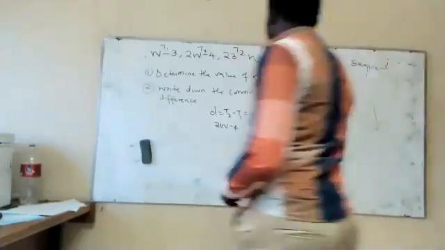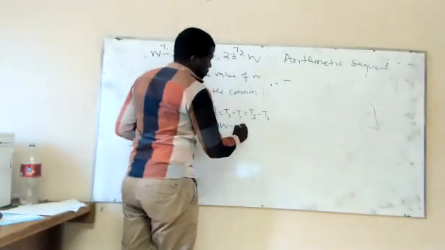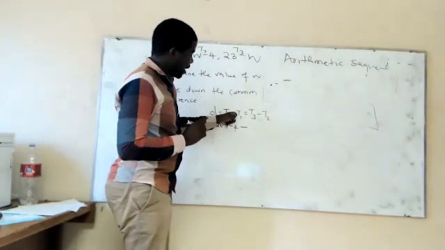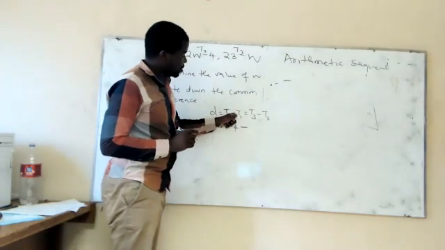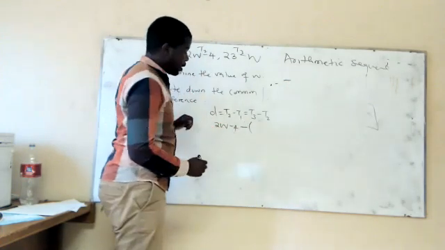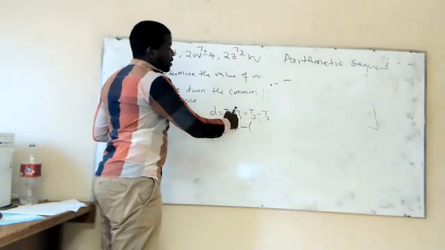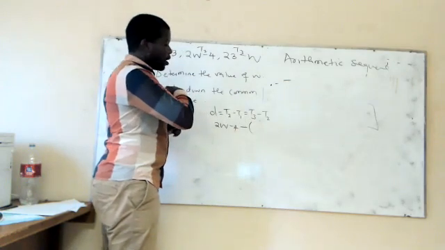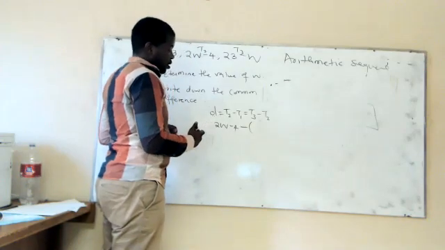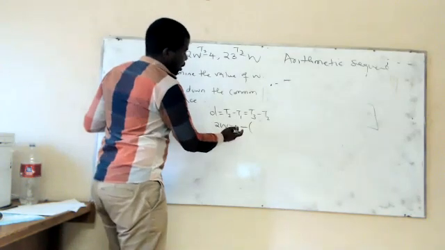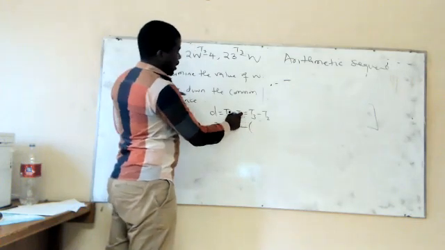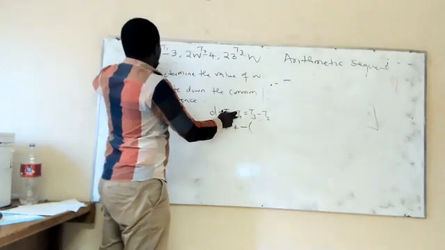2w minus 4 minus. You must be very careful about the negative sign. Whenever you see these, you must think about the brackets. It helps a lot because the negative can make you not to reach the correct answer. So now, whenever you see a negative, put a bracket, and then from there we substitute T1, which in